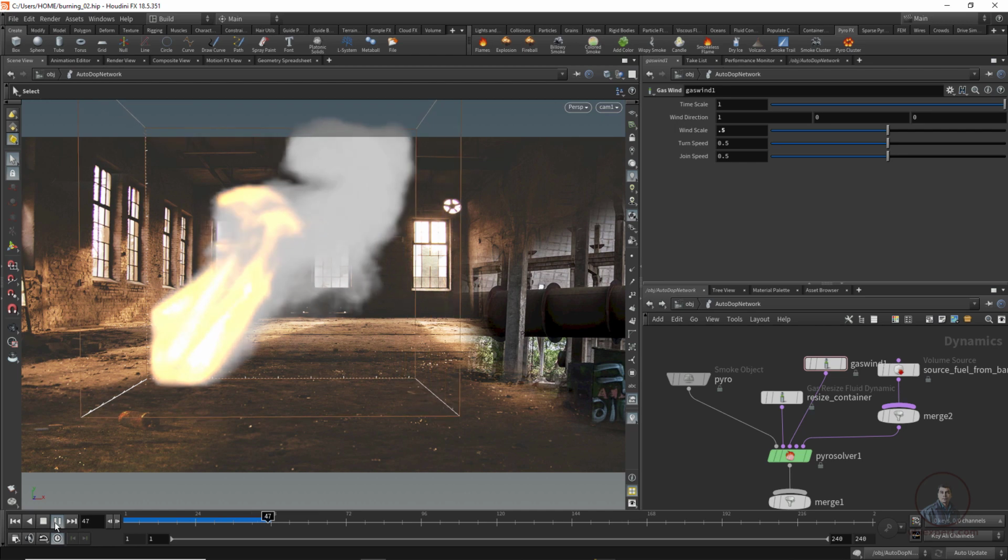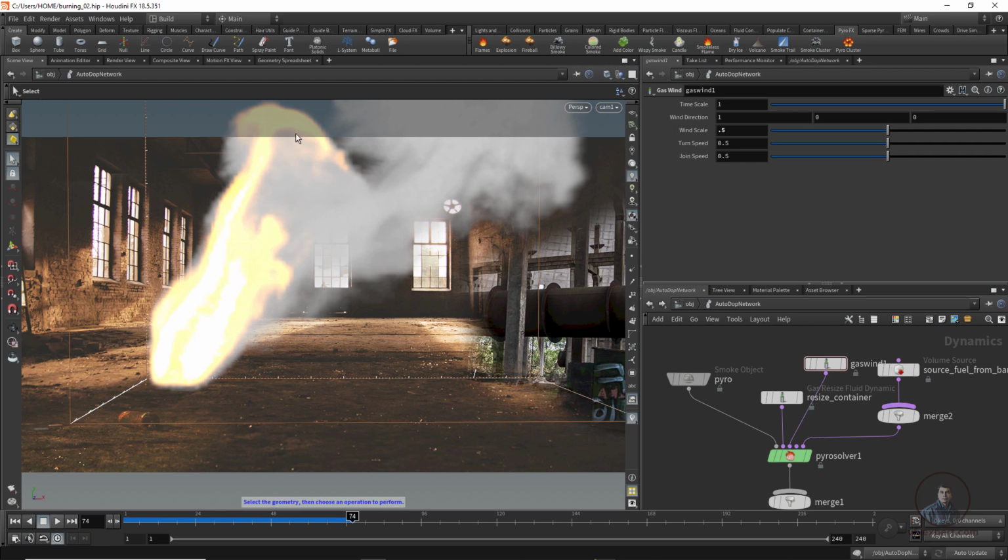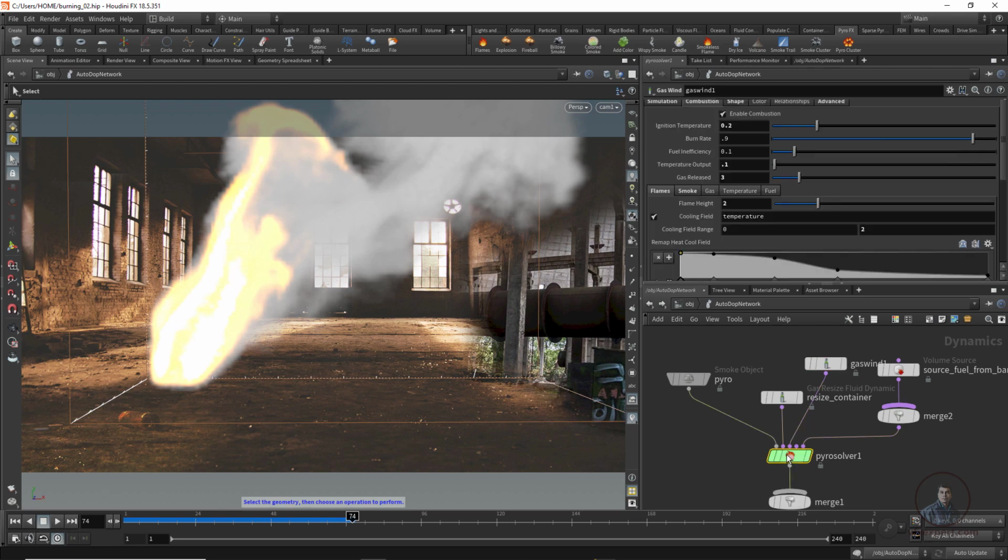So now I think this is looking good here. Now you can see the flame height here, so we have to adjust it. So again select this one and make it 2 here, and this one 1.